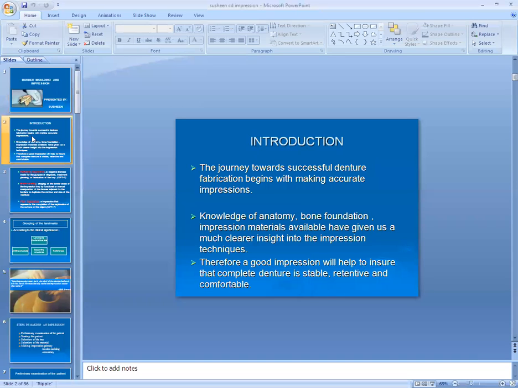For successfully making a good final impression, we should know the anatomy, the bone foundation, and which material is indicated for that particular situation. It is not always necessary to use zinc oxide eugenol impression paste for the final impression, because in an allergic patient we have to use an alternative.